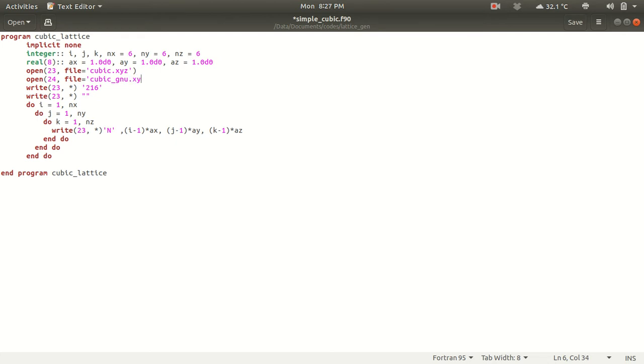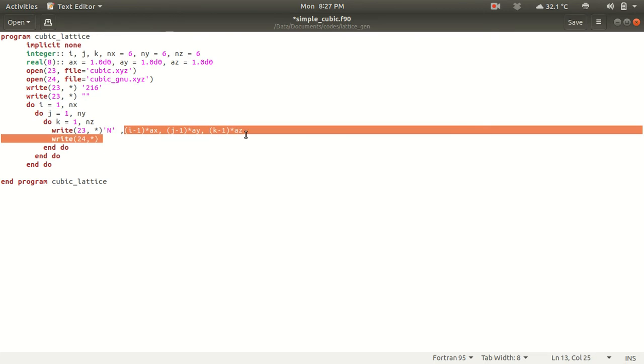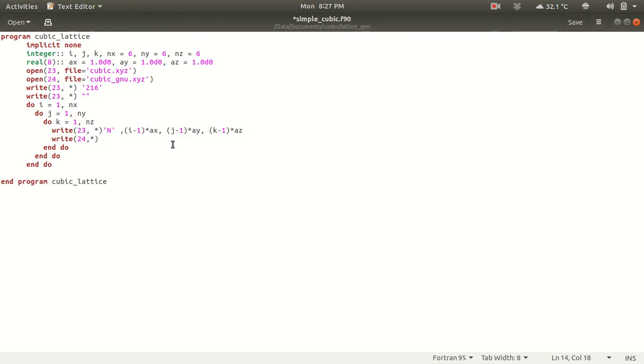The main point is that in GNU plot you don't need to worry about this subscript, the comma and other stuff. You just need to write 24 comma star, and the same thing here, just copy it and paste it here. So you don't need to write this.